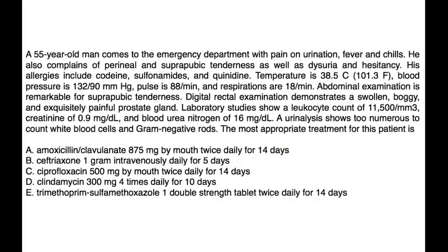And finally, a 55-year-old man comes to the emergency department with pain on urination, fever, and chills. He also complains of perineal and suprapubic tenderness, as well as dysuria and hesitancy. His allergies include codeine, sulfonamides, and quinidine. Temperature is 38.5, blood pressure is 132/90, pulse is 88, and respirations are 18. Abdominal exam is remarkable for suprapubic tenderness. A rectal exam demonstrates a swollen, boggy, and exquisitely painful prostate gland. Lab studies show a leukocyte count of 11,500, creatinine of 0.9, BUN of 16. UA shows too numerous to count white blood cells and gram-negative rods. The most appropriate treatment for this patient is...